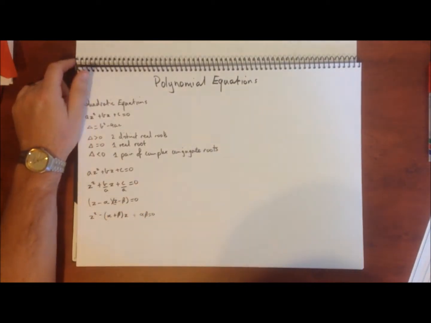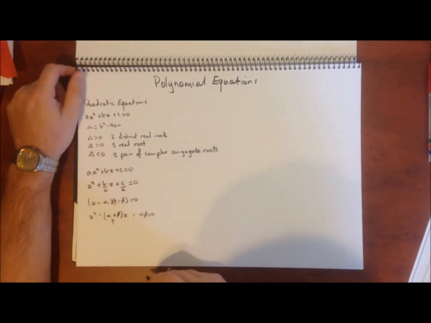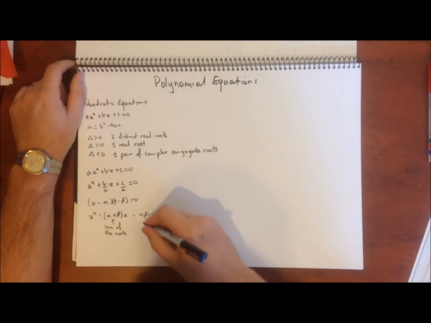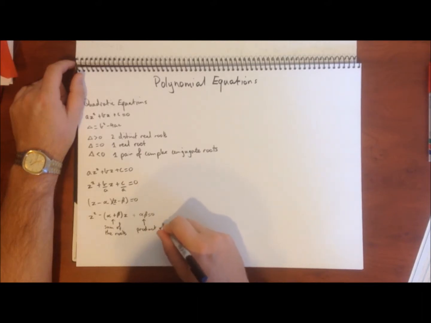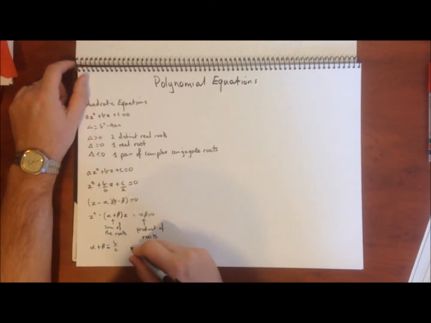So basically this bit is the sum of the roots, and this is the product of our roots. And so alpha plus beta equals b divided by a, negated,